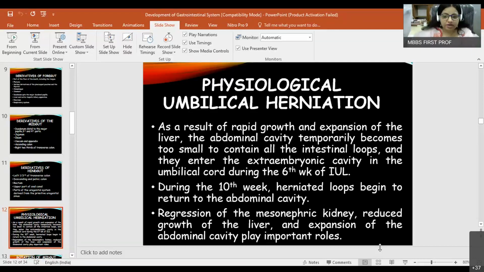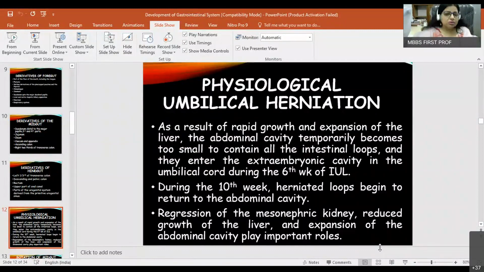ये वहीं पर रहते हैं, ये intestinal loops 6th week से 10th week तक वहीं पर रहते हैं extraembryonic coelom में, ठीक है? By the time all these structures arrange themselves, and when the time comes, they retract back to the abdominal cavity. So this coming out of the intestinal loops through the opening into the extraembryonic coelom is known as physiological umbilical